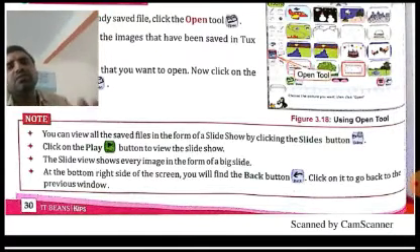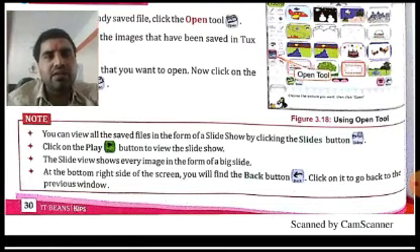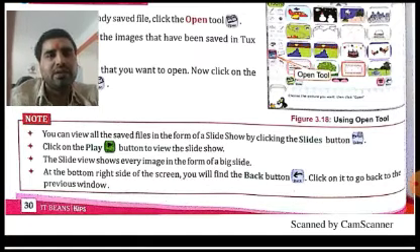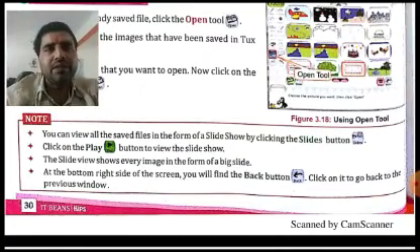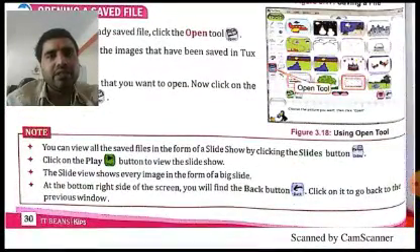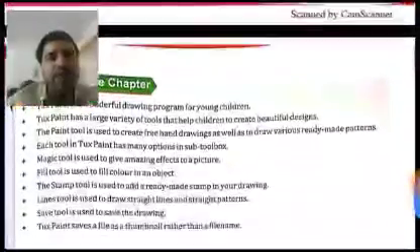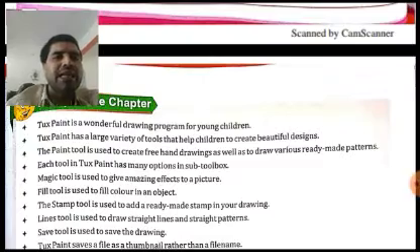Okay, so with this we complete this chapter. I hope all of you are aware that in your online assessment only objective type questions will be asked, but these questions will be asked not only from the exercises but also from within the chapter. So you must prepare all the important terms and definitions in the chapter, especially those points given in your revision notes at the end of the chapter. At the end of every chapter, some recap points are given, like here also you can see some recap of the chapter. Many questions can be asked from this recap portion also.